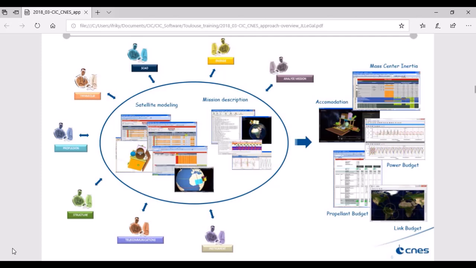I'll touch on the mission description software without going into much detail, although it's an important part as well. But this is about the concurrent design aspect. So I start with this slide, made available by the CNES, who were happy to allow me to use it, to show a bit of the context of concurrent engineering for some who may